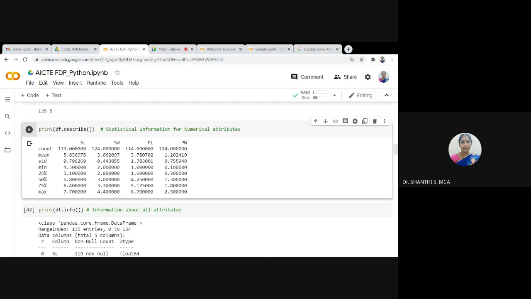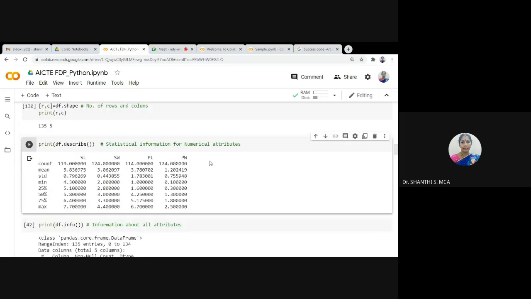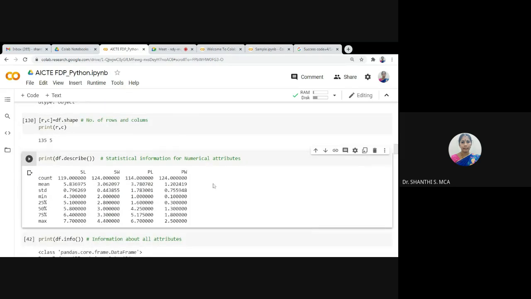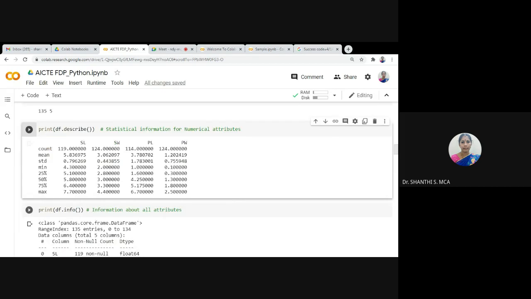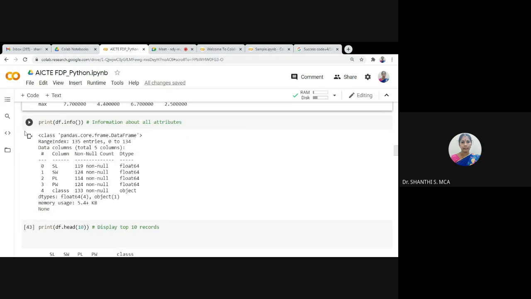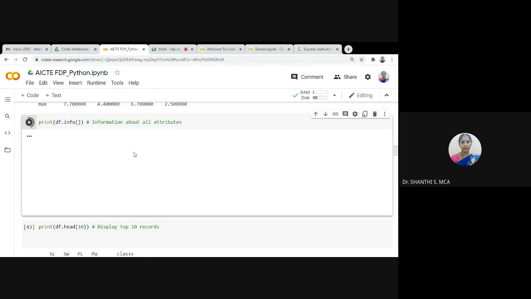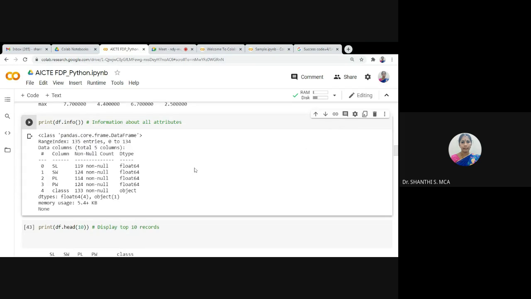So describe will give you the statistical information only for the numerical attributes. Okay, what is the total number of records, mean value, standard deviation, and the values for 25%, 50%, 75%, etc. Here info gives you the information about all the attributes: what is the total number of records, whether that column has a null value, and what is the data type.